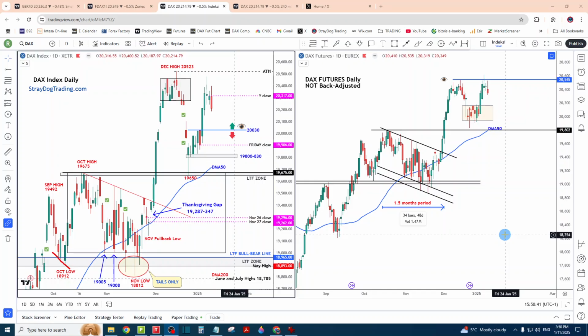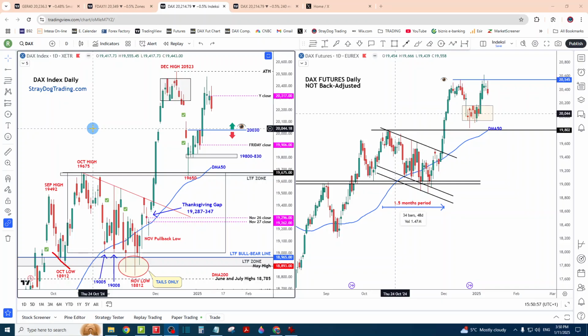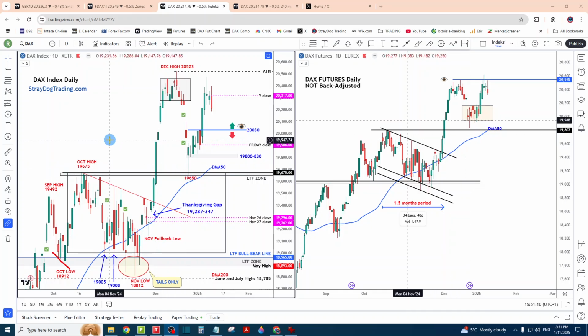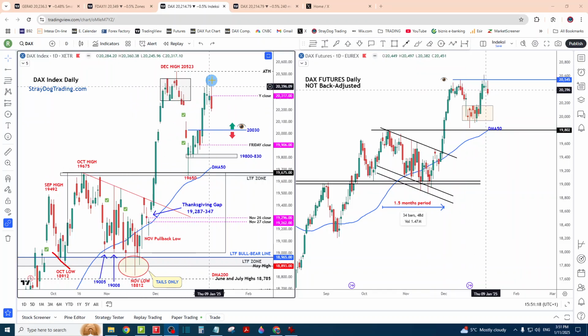Now in the previous bigger picture video that I posted on X on Sunday, January the 5th, there were two scenarios. One was that DAX will go up toward this candle here, which was the FOMC candle from December the 18th, following the S&P, which already went higher, or it's going to also follow the S&P and test the December swing low. Those were the two scenarios. First one was for the up move. This is the one that we got,